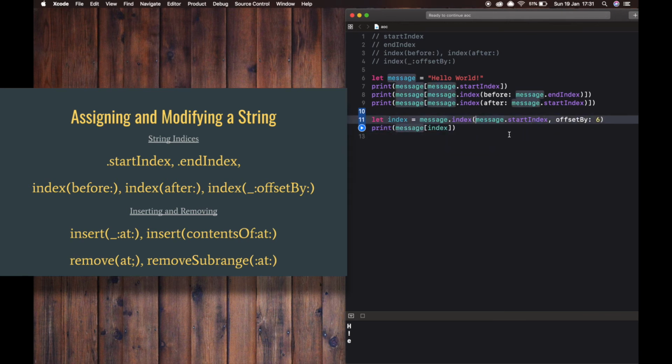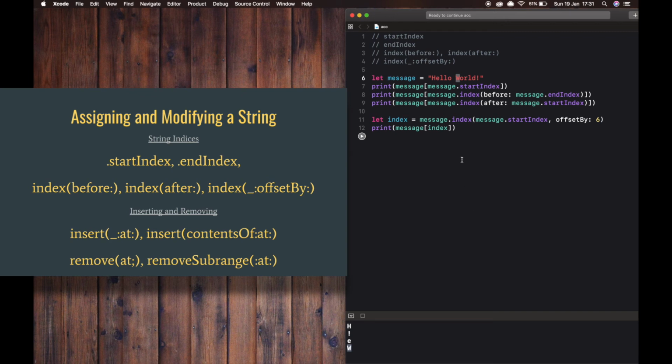In this method, we are going to get the character 6 offsets from the startIndex. 1, 2, 3, 4, 5, 6. This will be W.